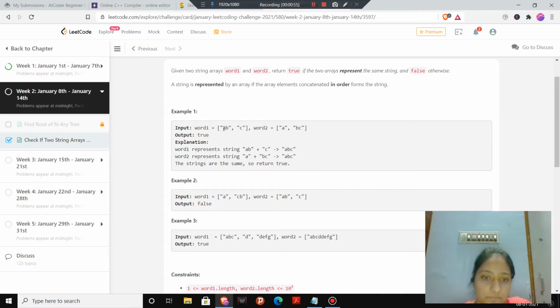Now if we concatenate the strings in word1, I get the resultant string ABC, and if I concatenate the strings given in word2, the resultant string will also be ABC. So both of them are the same, and we can compare them by using the statement string1 equals string2, and if it's true we will return true, else we will return false.